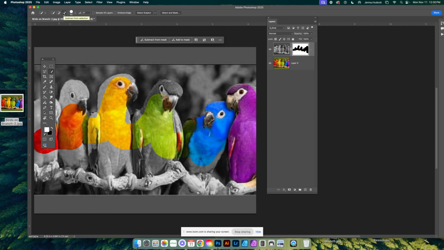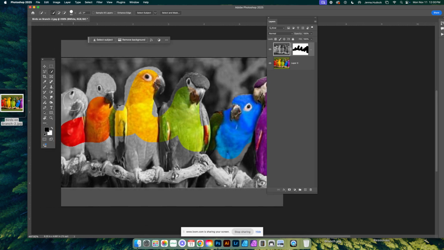And you don't want it to be on Quick Select, Subtract, or Add. You want to start with it at the regular default. And why it doesn't do that, I'm not sure. So now I'm going to switch to this layer. And let's say I wanted to do one whole bird at a time instead of painting. Another way to do this is just to delete that part of the gray